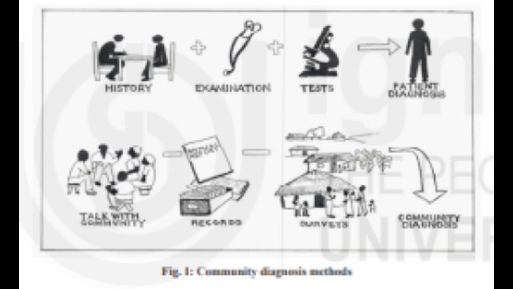Need of an eligible couple is contraception, safe sex and prevention from STDs. Need of a village is sanitation, safe water, safe disposal of human excreta and prevention of fly and mosquito breeding. Better roads, electricity and schools. After assessing these needs, you need to meet these needs through interventions, a package of services. Fig. 1. Community diagnosis methods.